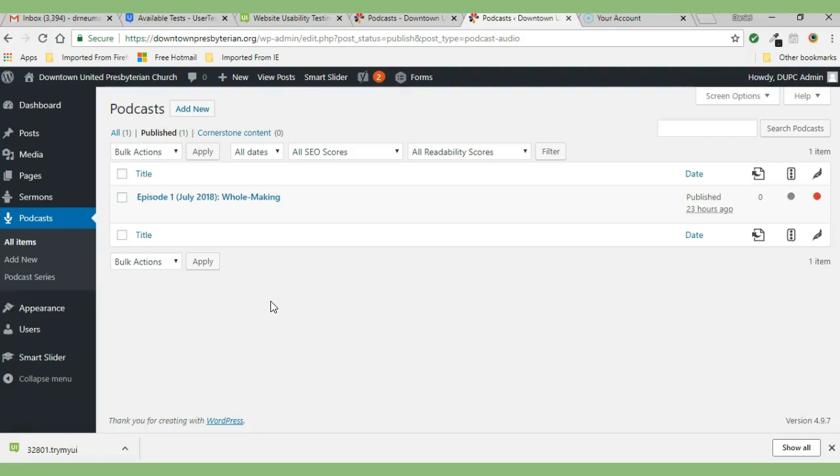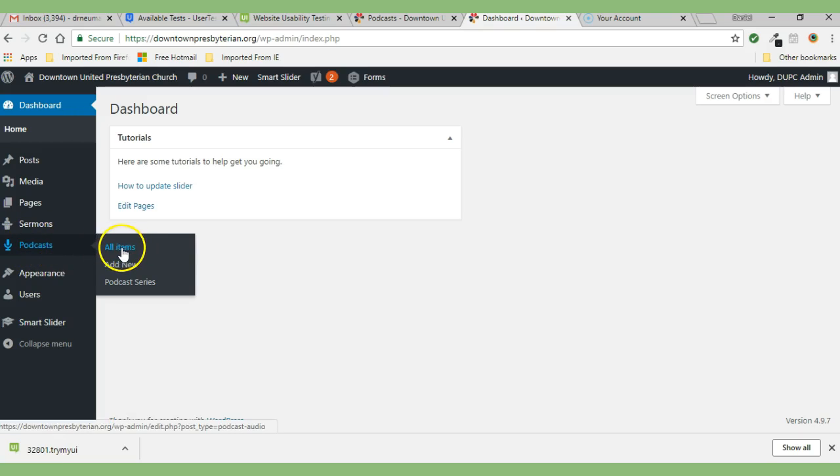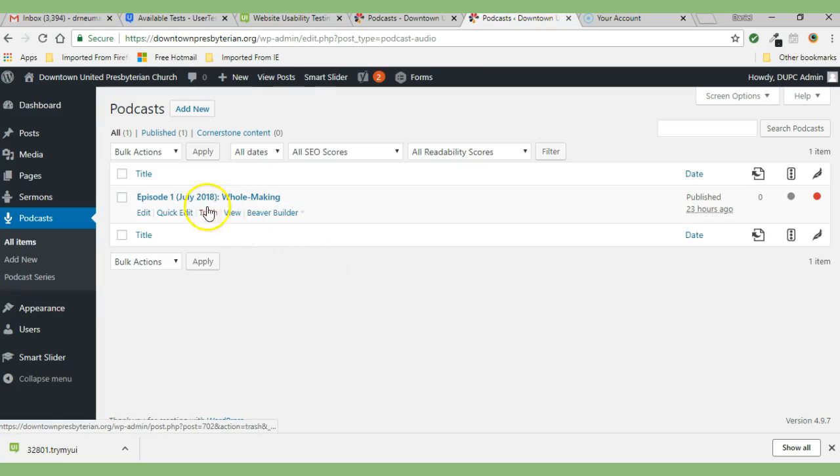In this tutorial, we're going to be talking about how to add and edit podcasts. So if you're on the home page of your dashboard, which will look something like this, we're going to go to the left-hand side. We go down to podcasts and then all items. This is going to take us to the place where all your podcasts, all the current ones that are on